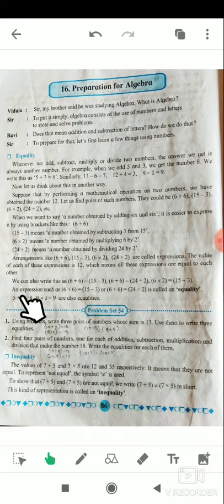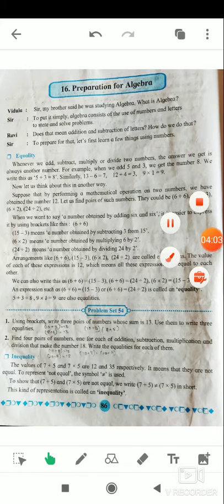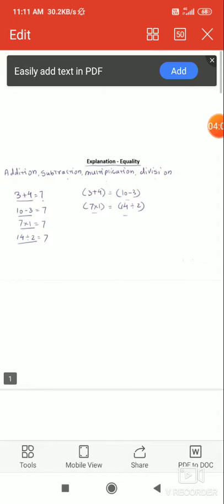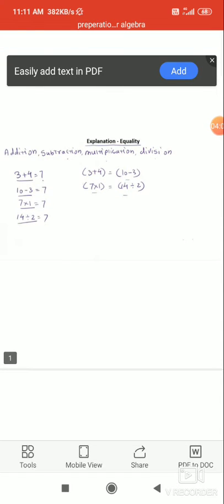Okay, now the expressions such as 6 plus 6 and 15 minus 3. It is said that 6 plus 6 equals 15 minus 3, so it is called the equality. And it is also 5 plus 3 equals 8, and 9 multiplied by 1 equals 9. So this is not equal. So also this is not equal, so it is unequal. Okay, now see, solve this one. Okay, now see, that is the explanation of equality.